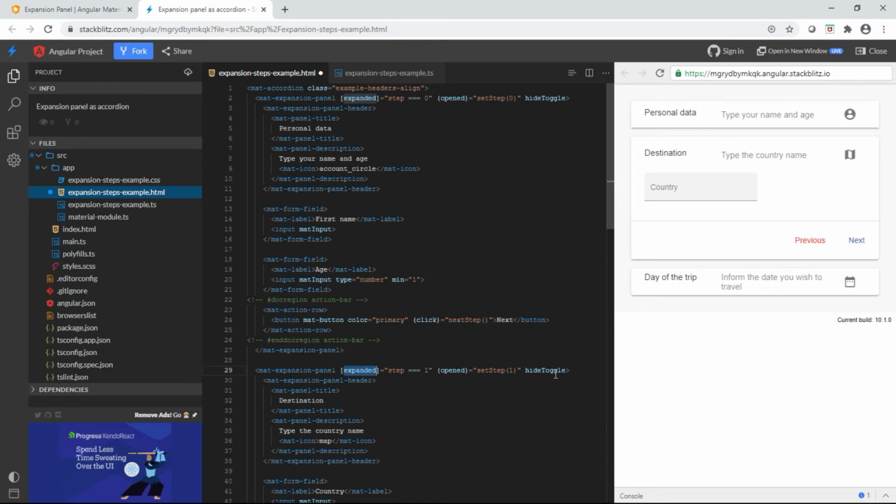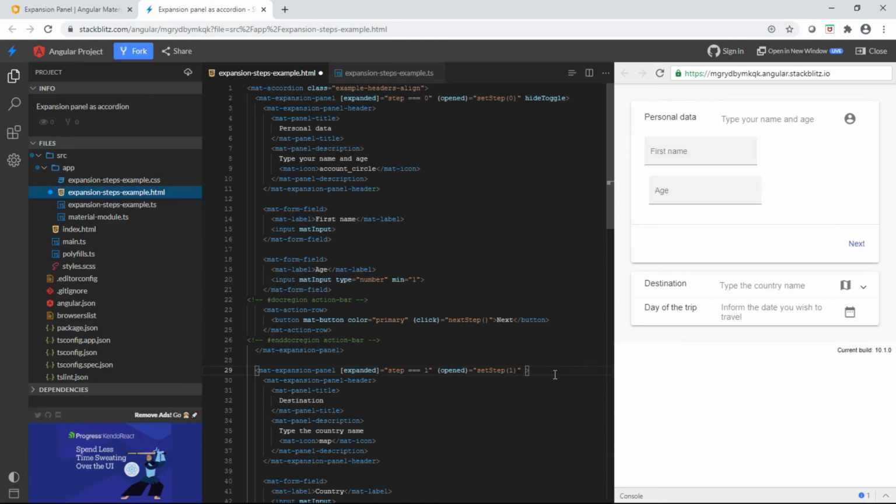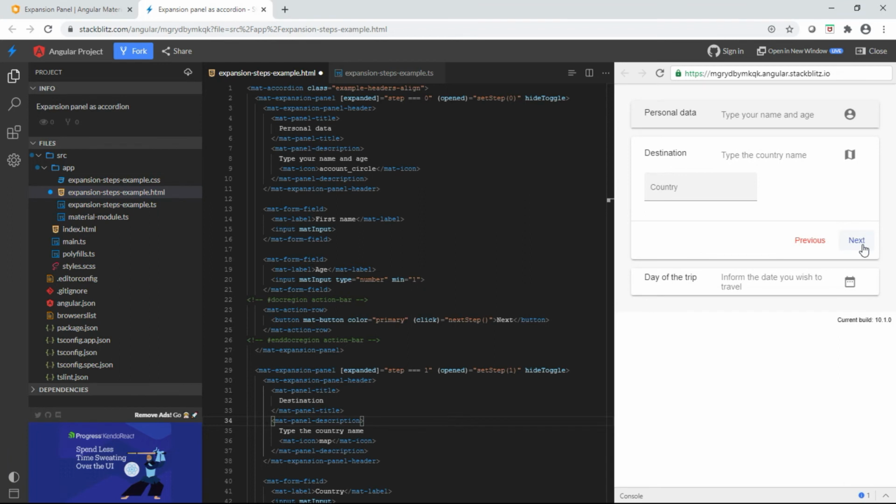And once again, I'm hiding the toggle here. If I remove this, the toggle would appear. I put it back. Notice how the whole accordion re-rendered. So let me go back here,